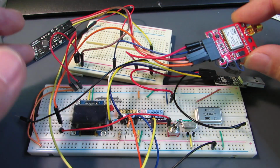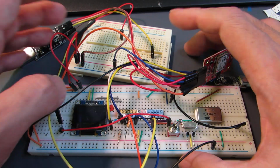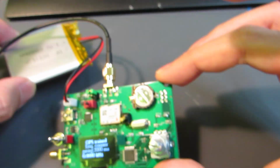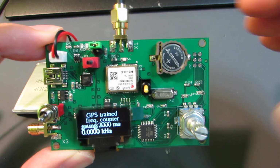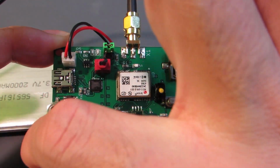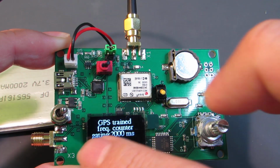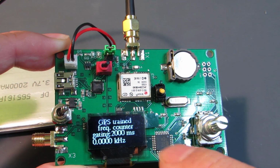I made the breadboard version and it works very well, and this time I cleaned it up into a single board version. And here is the result. As you see, it has two SMA connectors, and one is for the GPS antenna, and the other is an input to the counter through a single gate buffer. And here's a buffer from here to the